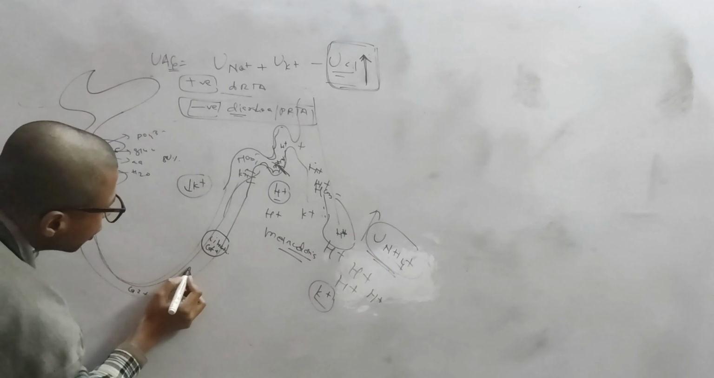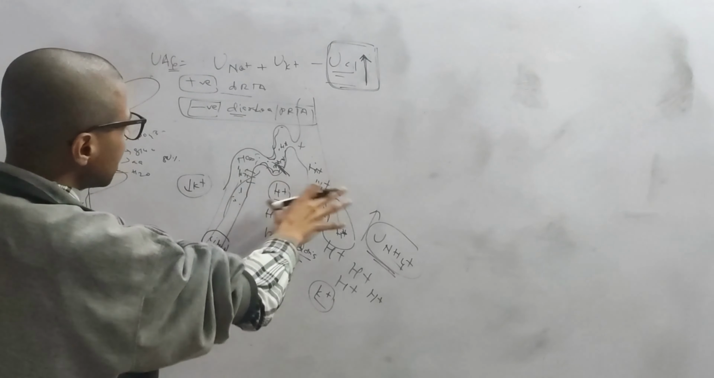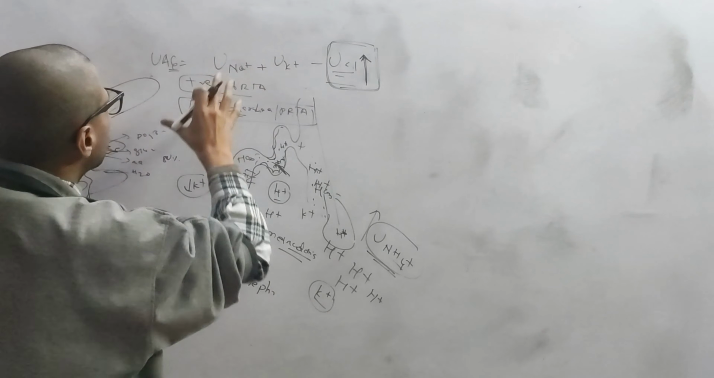But in both, hypokalemia is there, and about type 4 renal tubular acidosis, where there is hyperkalemia, I'll discuss in the next part. So I just demonstrated this to understand the concept of